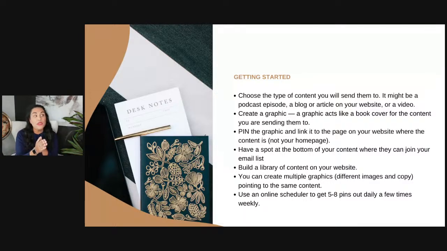So say, for example, you want to do pins about Amsterdam because you've got a blog on your website about Amsterdam because you sell Europe or river cruising or ocean cruising to Europe, and you download the blog from the All Access Pass on Amsterdam. We already built you 6 pin graphics to be able to use that, have the title of that blog on